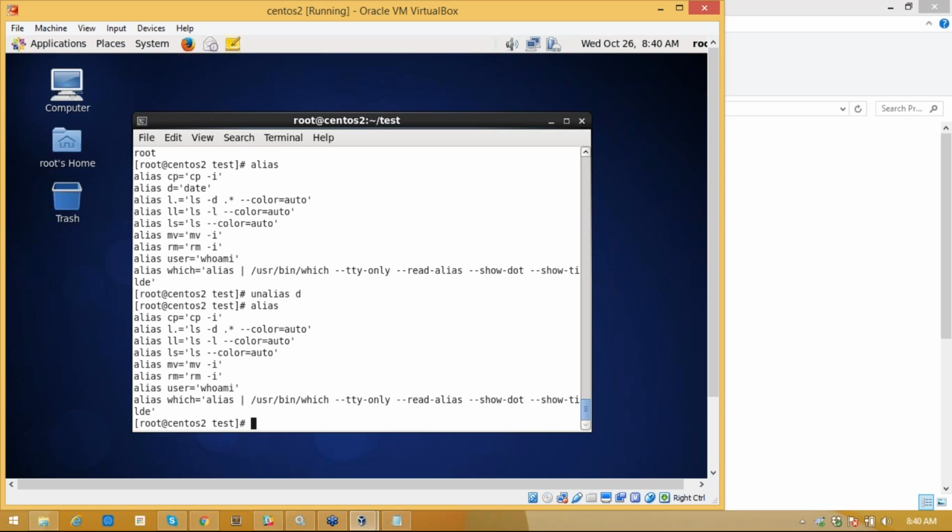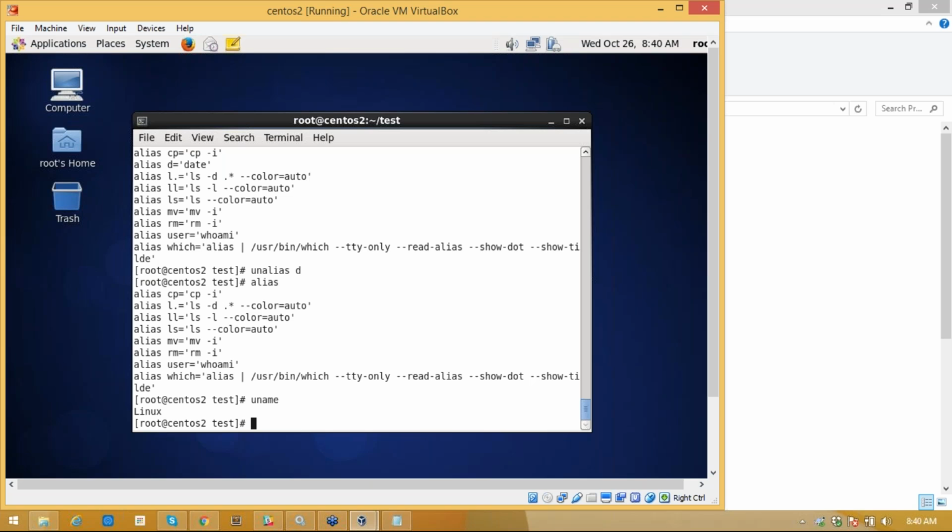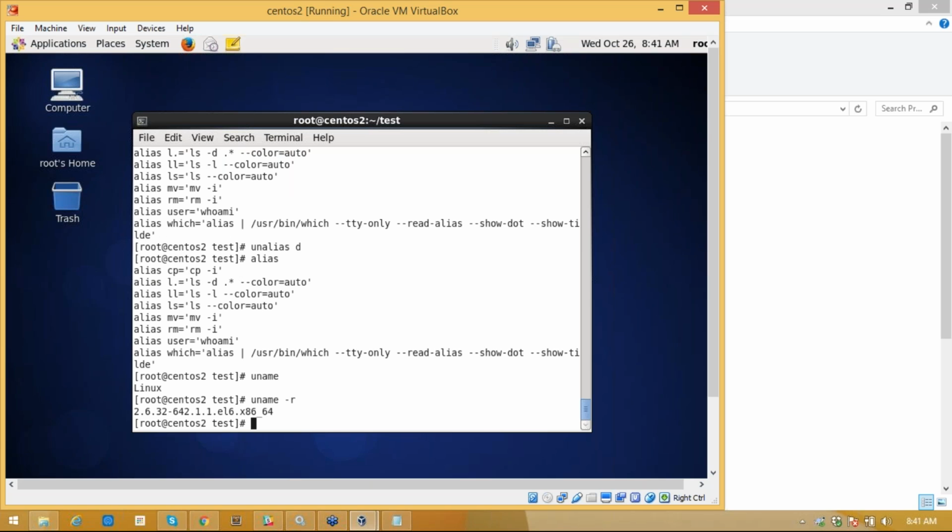When you want to check the operating system you are using, all the details you can get with just uname. It says what operating system you are using: a Linux operating system. Suppose you want to know which kernel you are using. If I say -r, it will tell you the revision, the kernel version you are using. The operating system is built on the kernel, right? The kernel version will be given in this way.